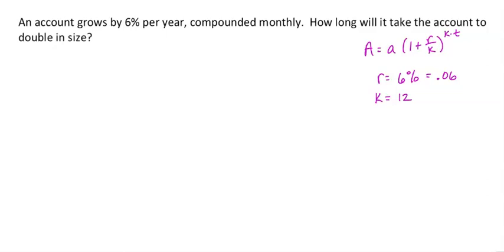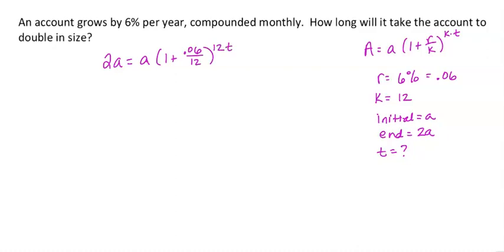We're just going to use our initial value as A. So then our ending value, since we want to double, is going to be 2A. And time is the unknown thing that we're trying to solve for. So let's plug these into our equation. So our ending amount, 2A, is equal to A times 1 plus 0.06 divided by 12 to the power of 12 times t. So we can begin by dividing both sides by A to get a simplified equation that 2